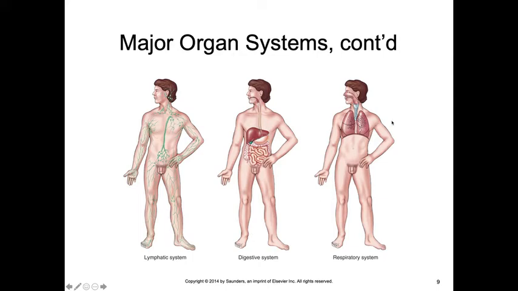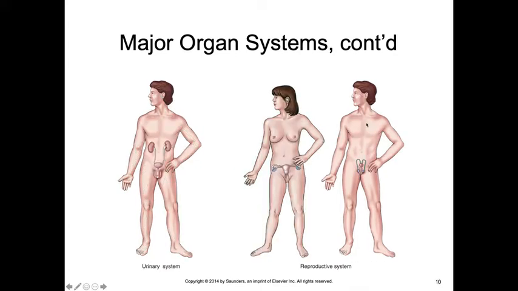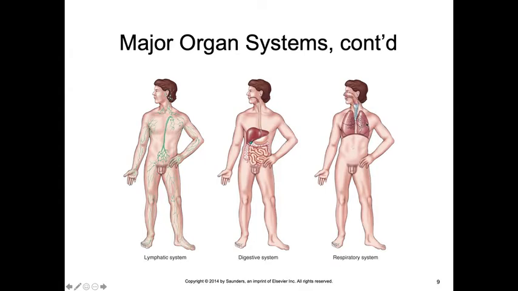And then in the respiratory system, we have the nasal cavity, the pharynx, the larynx, the trachea, the bronchi, the bronchioles, and the lungs, and a muscle called the diaphragm. Okay? And the job of the respiratory system is to pull in air, okay? And when we pull in air,